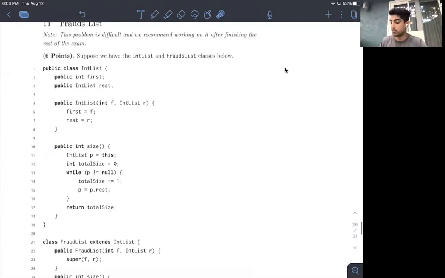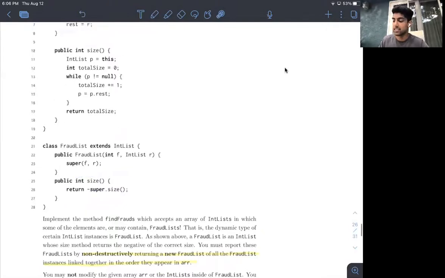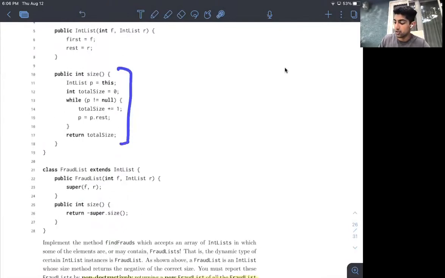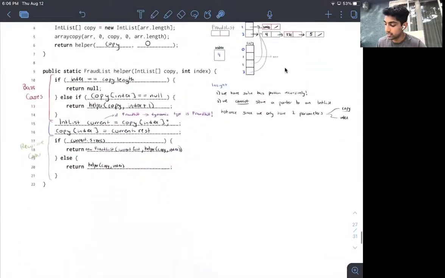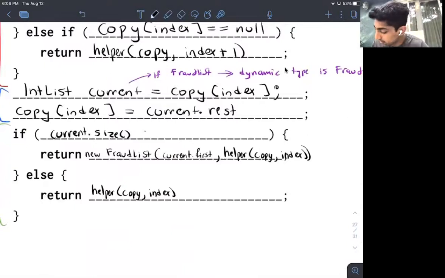Then during runtime, we use dynamic method selection to actually choose this method signature, and we will return the negative of the correct size. So we can see here that the size here is going to be positive. So this is negative, right? And what we'll realize is that if current.size is negative, we know it is a fraud list, right?